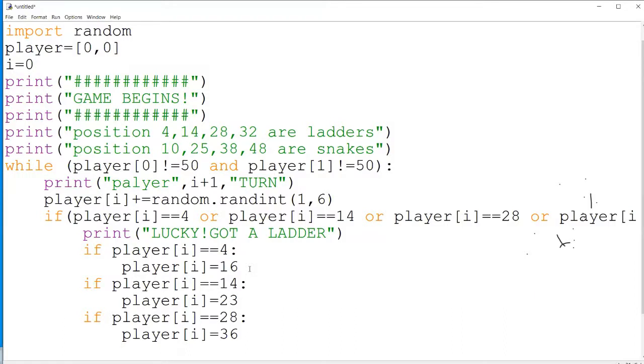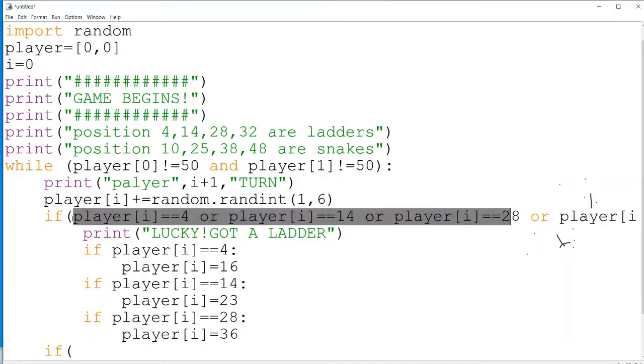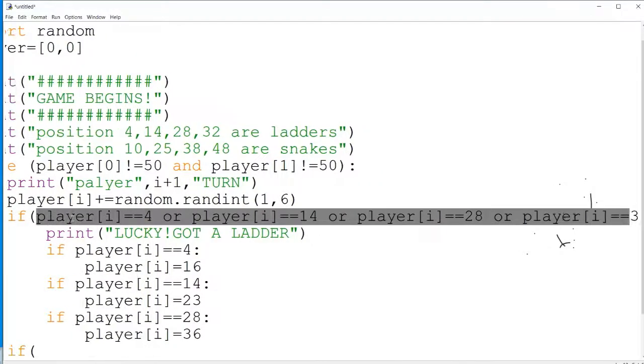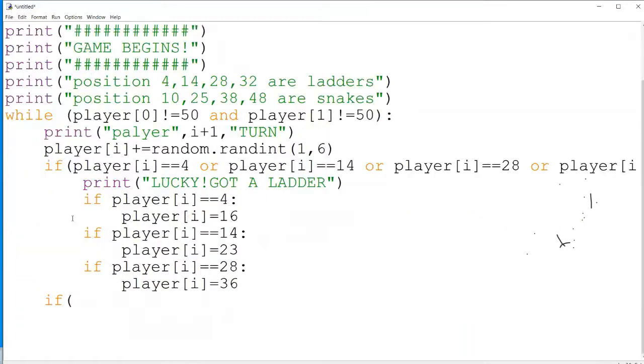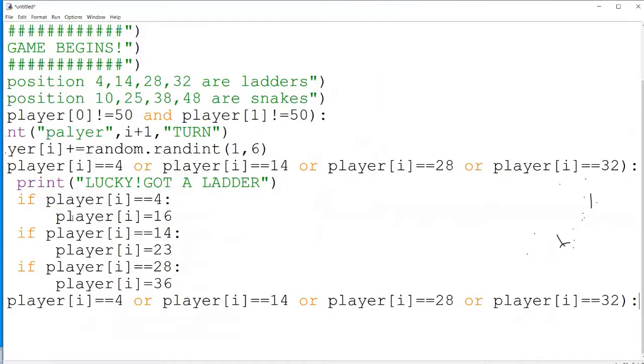Now we need to write the if conditions for the snakes. What are the positions of snakes we took? 10, 25, 38, 48. So a similar kind of statement you should write here, then you need to update the values.